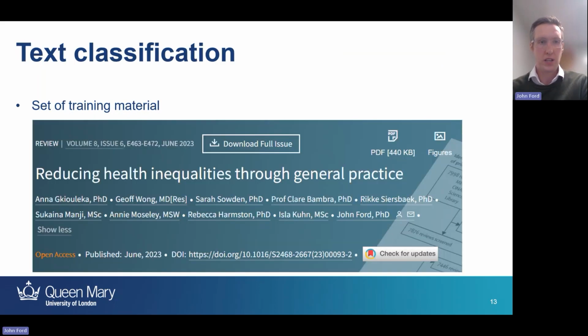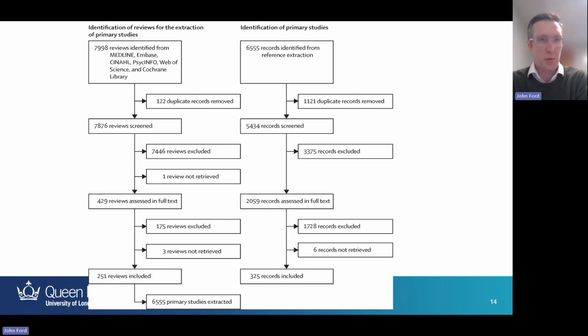So I'll just take a few moments just to run through how we do the text classification within our evidence maps. So what we started off with was a set of training material. So that was a set of articles which we're interested in. So to do that, we used our equalize study. So this is this NHR realist review on interventions in general practice which address inequalities. It's published last year, and within that was a realist review, but we went through a similar process to